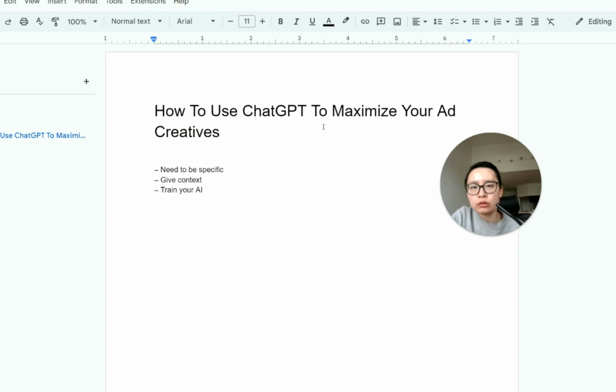Then number two, you need to give AI context. What I mean by context is basically the situation that you're in and the goal of this prompt. Let me give you a simple example.